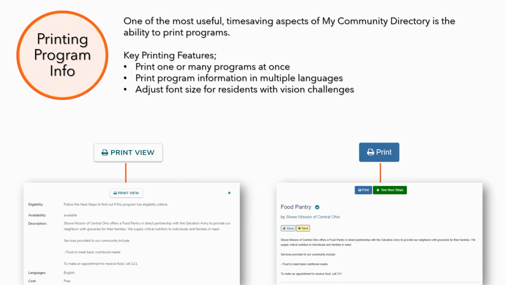Now we're going to move into the final tutorial piece of this introductory tutorial. We're going to talk about printing program information. This is one of the most useful, time-saving aspects of My Community Directory. Some key features of the